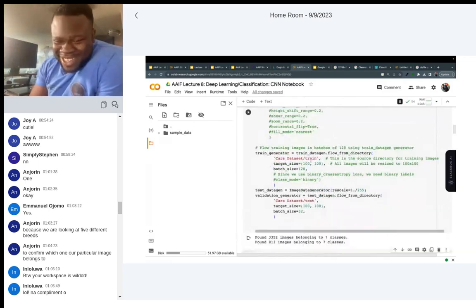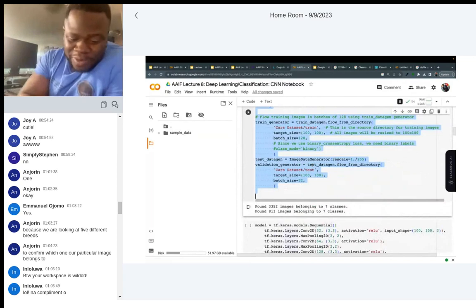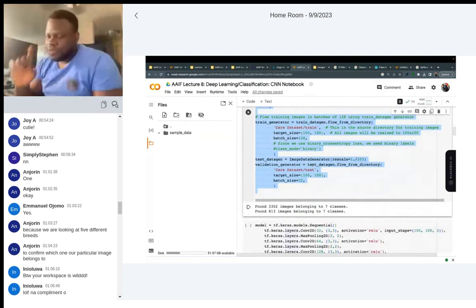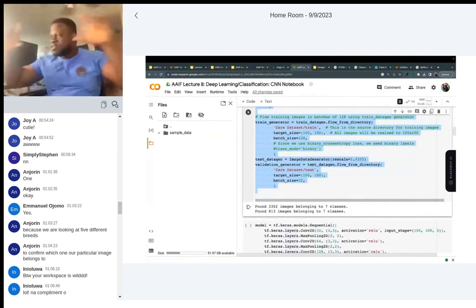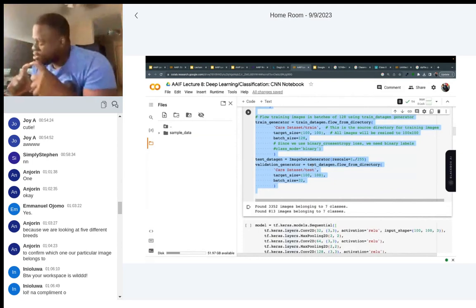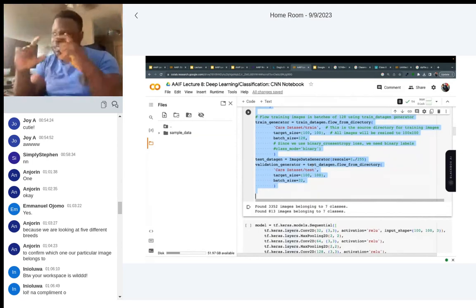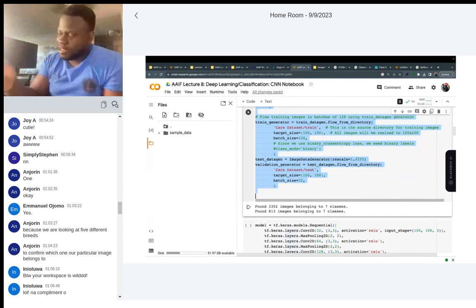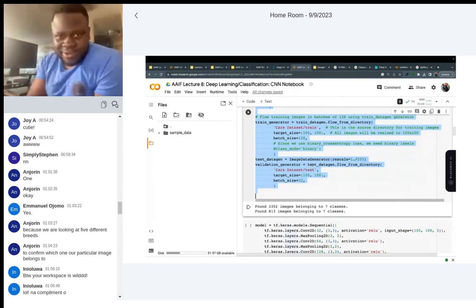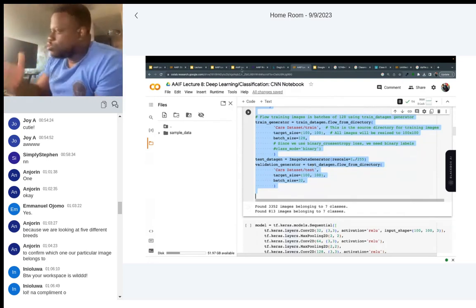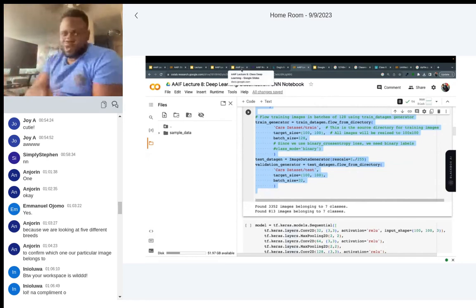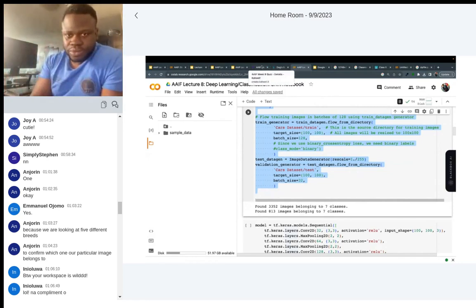What data augmentation does is that you take all the images and shrink them down to the same size. When it shrinks them down to the same size, it will now do what we call zoom in, zoom out.